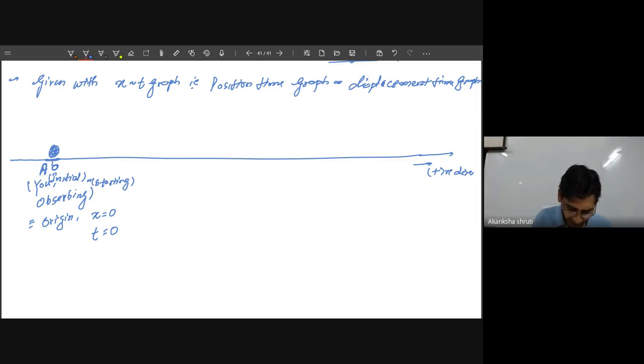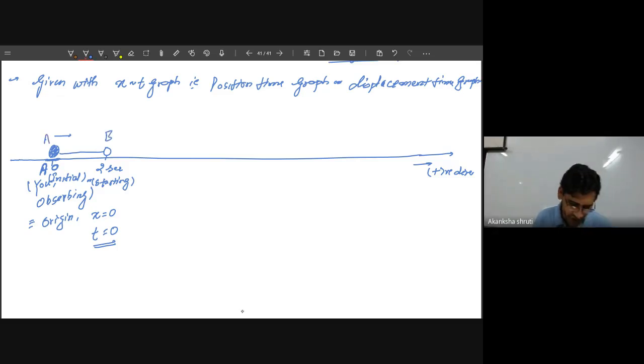Now I am considering the body is moving in this rightward direction. Okay, students. While my time t is 0, at that time the body starts moving. Initially the body was at rest. That simply means the position x itself is 0. After 2 seconds, this is the 2 seconds, you are observing that the body has reached up to this much position. So this is the point B.